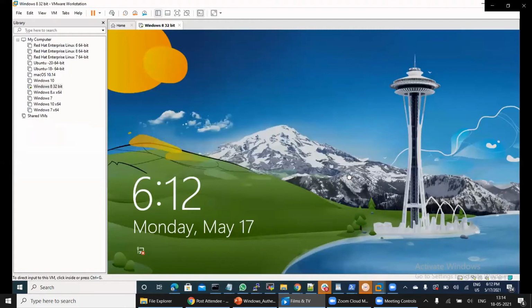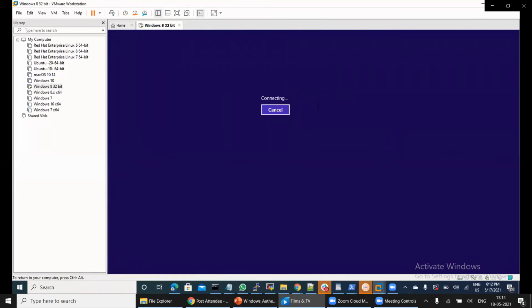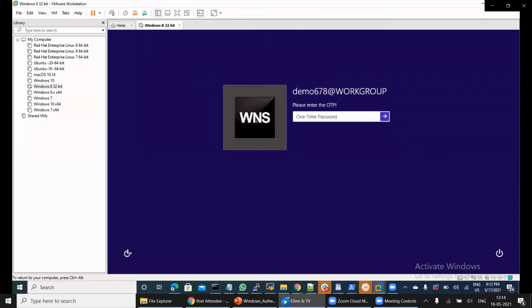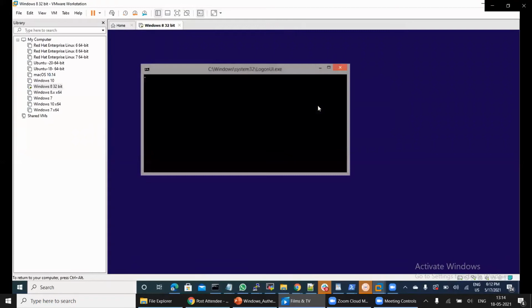So when the user attempts to sign in for the first time, the user enters his username as well as password. The username has to be the same as the name configured in the portal. When the user enters it, an authentication request is sent to the ISA server, which in turn calls an API to generate an OTP. The user enters an OTP, which is then verified by InstaSafe.